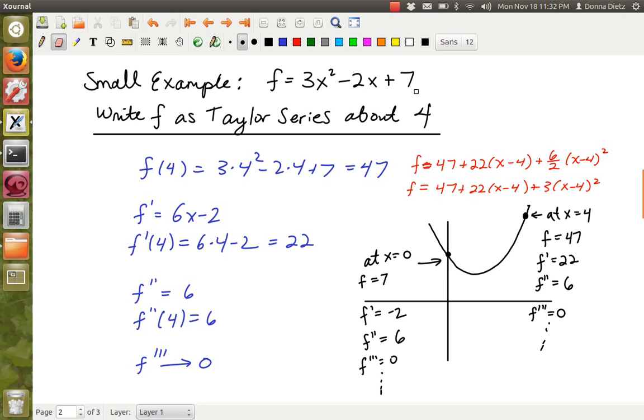And that's just crazy. You're just stacking up all the information at that point, and you're saying that's enough to uniquely determine the curve's behavior everywhere. And we had some discussion about this in class. Two points determine a line, but instead of having 2 points, you could have 1 point and 1 slope. Or 3 points determine a parabola, but instead of having 3 separate points, you could just say 1 point and stack up all the information